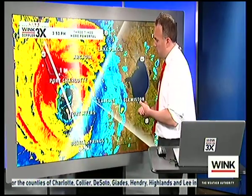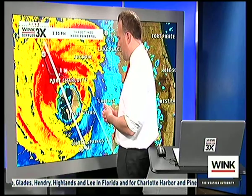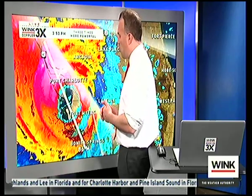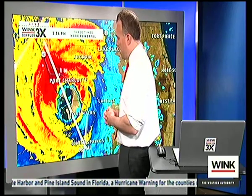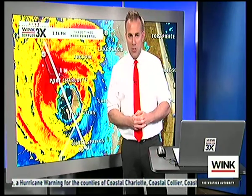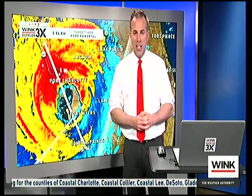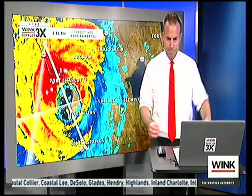Eventually, it's going to be pushing inland. The eye right now, guys, I would say it is around Bokeelia, and on its way to Burnt Store Marina. So the eye, Bokeelia to Burnt Store Marina, Pirate Harbor, it is not impossible to see a little bit of sun in between all the passing clouds. If you're pacing yourself, don't go out in it, but just enjoy it for a minute